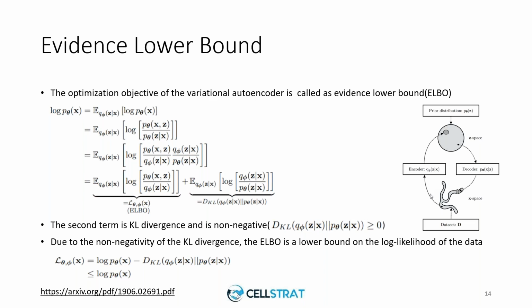This is the decoder part, but first would be the encoder part, where x is given, and then we are trying to find out z. These are the parameters: for the encoder it is phi, and for the decoder it is theta. Our whole intention is to find an optimal value for phi and theta, and the more optimal values we find, the more tightly coupled this figure will be. There will be multiple iterations, and this goes back to the principle of backpropagation, which we'll discuss in the next slide.